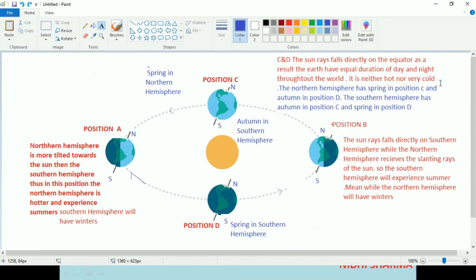The northern hemisphere has spring in position C and autumn in position D, and the southern hemisphere has autumn in position C. You can see that in position D, southern hemisphere is having spring, and in position C, southern hemisphere is having autumn, and northern hemisphere is having spring, and here the northern hemisphere will have autumn in this position.